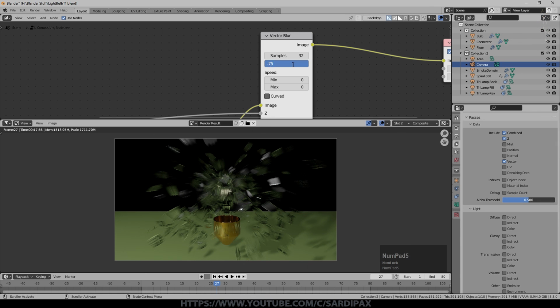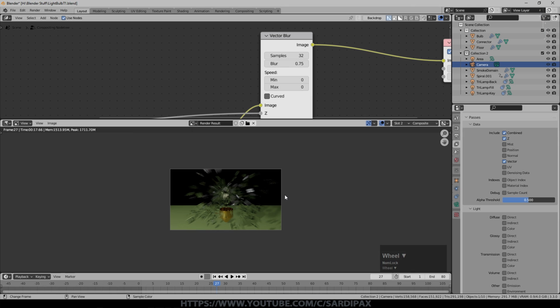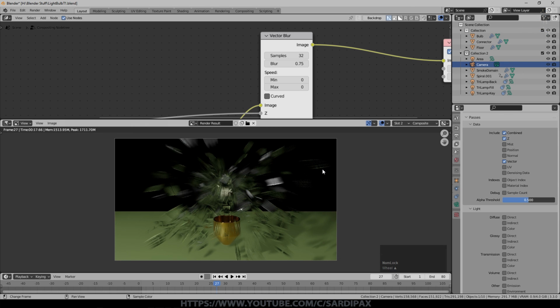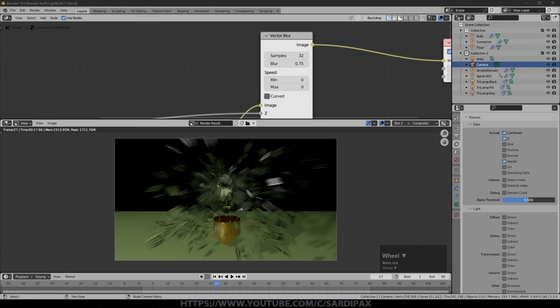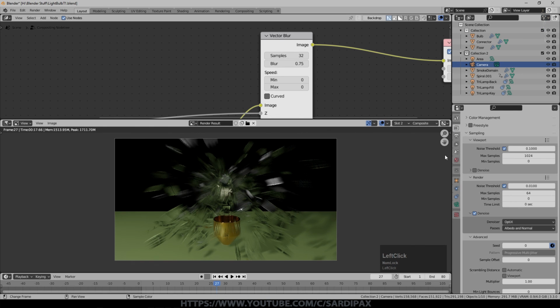I think maybe 0.75. So one last note, I'm not going to go through the whole setting up of an animation, but essentially we've got most of it here now. But one thing I did find useful, because with all this vector blurring and denoising, frames can take a little while. So this frame is taking something like 18 seconds to render, which doesn't sound long, and certainly this is only 80 frames, but if you had a longer animation it would just take a lot longer to render, because each frame is taking quite a while.